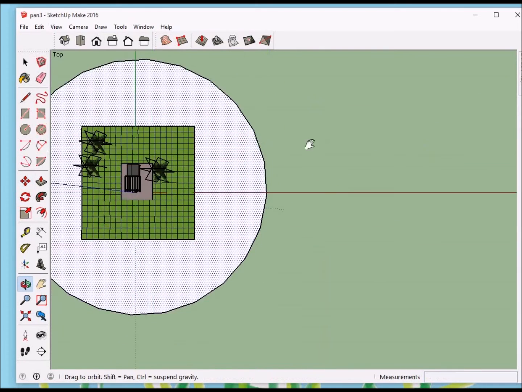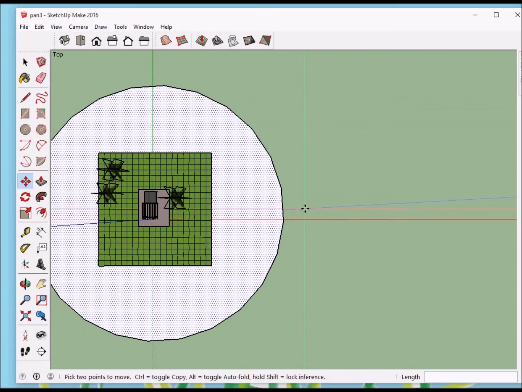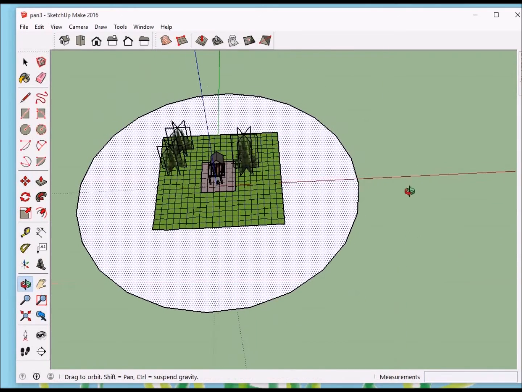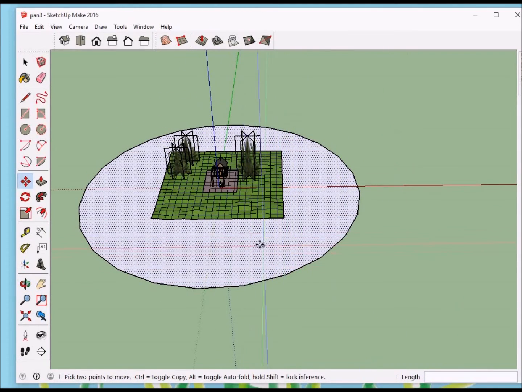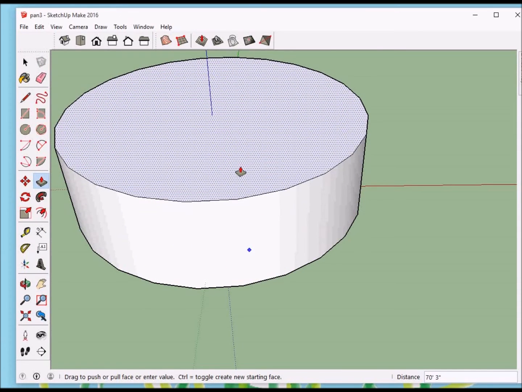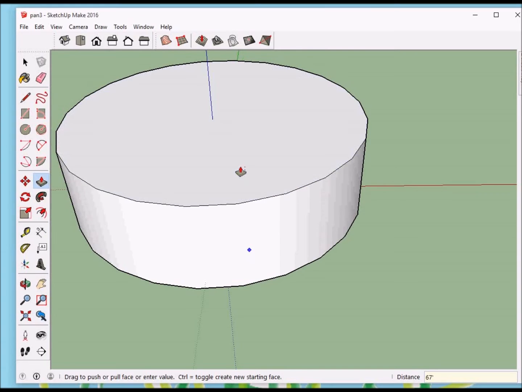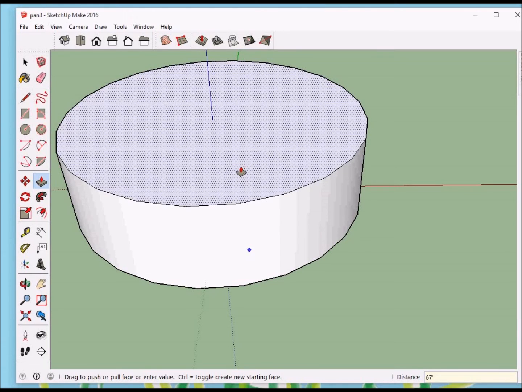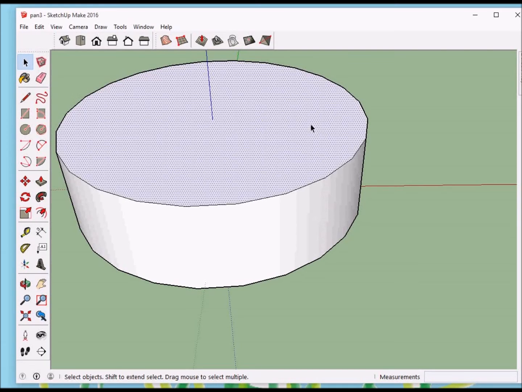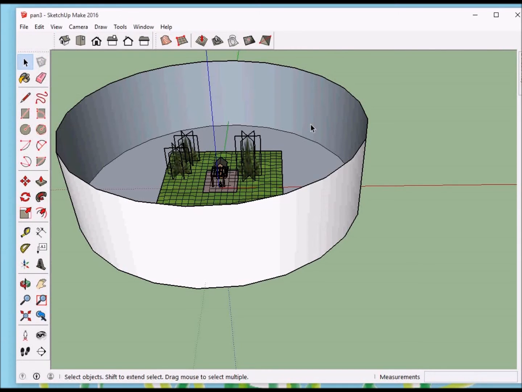Now, what we want to do is just make a circle around this. I'll change my view. There we are. We're going to pull this up. So use the push-pull tool and pull it up to be 67 feet. Okay, with that done, so the sides are 67 feet tall, I will delete the top surface, and I could